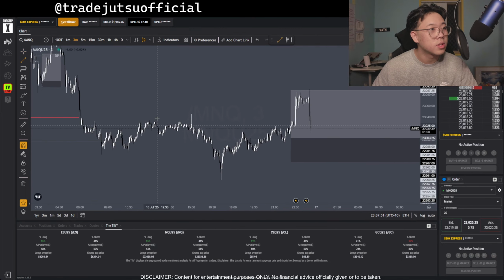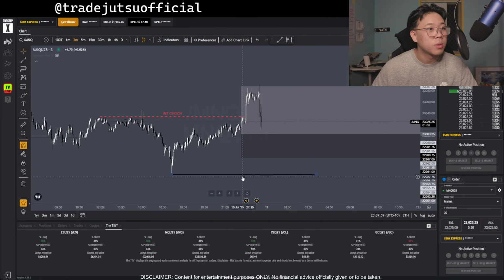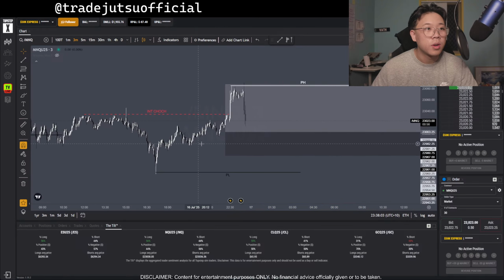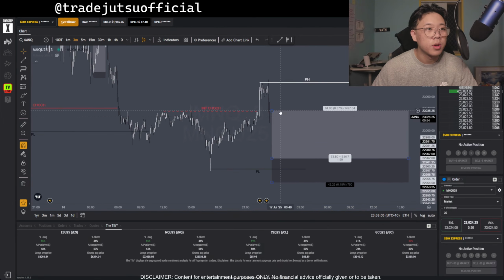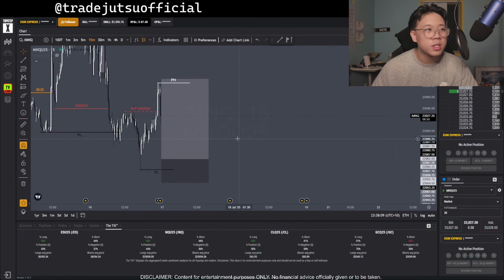If I consider this on the lower time frame as the internal change of character, we've got the low here, protected low for the 3 minute, and we've got the protected high up here. Obviously we can take a long at this protected structure, okay? Now, considering this,